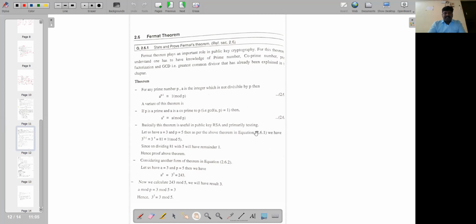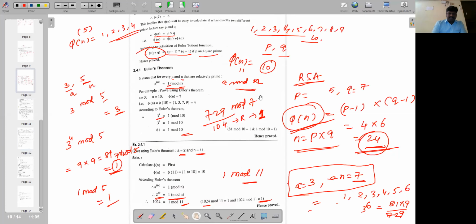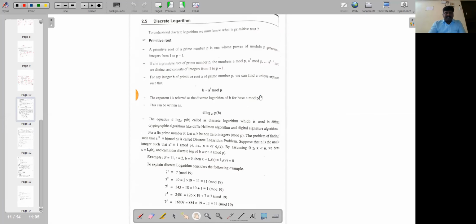Also, we discussed the Chinese remainder theorem. Through that, we identify a common number, right? So when we are dividing the numbers and doing the continuous modulus operation with 3, 5, and 7, we get the same kind of remainder, 2, 3. So that we calculated as well as identified using the Chinese remainder theorem, right? So in this session, we will be discussing another two important concepts which are related to the discrete logarithm as well as Fermat theorem.